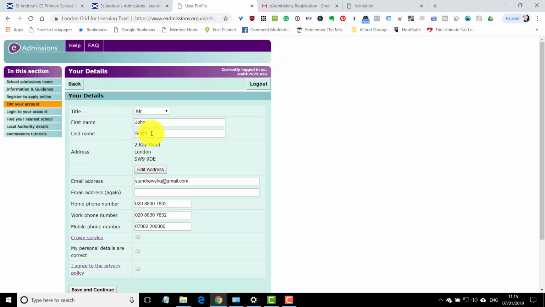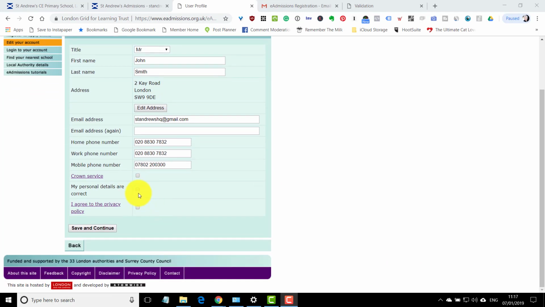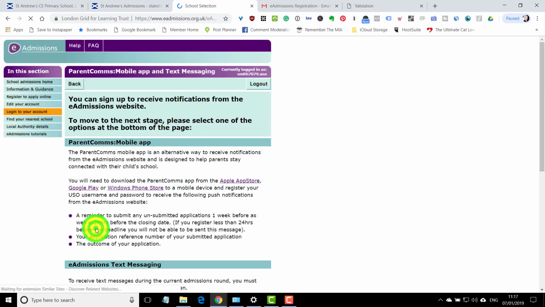And that's now gone and I'm ready to carry on. Okay, so now the next step is to start your application for your child's reception place. Once we've confirmed our user details, which we just did, we're in this area which is just listing my personal details, and you need to click these two boxes here and then save,